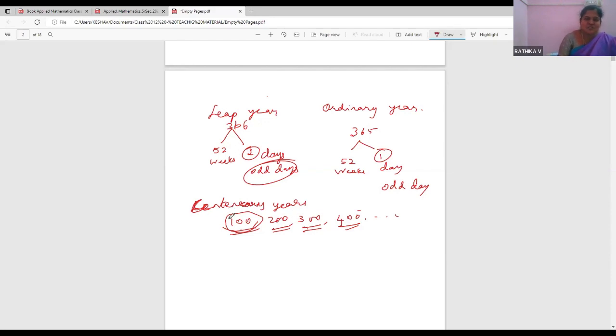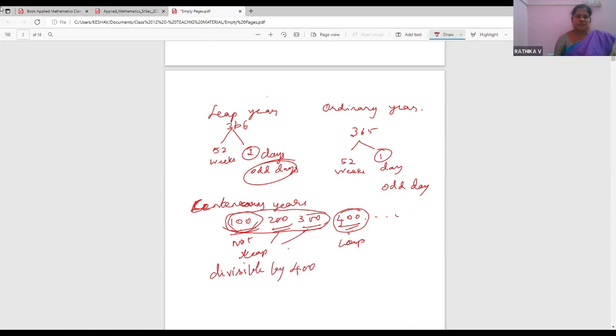Okay, no idea. So actually 100 is not a leap year. At the same time, 200 and 300, all three are not leap years. But 400 is a leap year. So the leap year concept is that when you take the centenary years, when they are divisible by 400, we say it is a leap year. Students may ask why 100, 200, 300 are not leap years. If you see the answer, it is